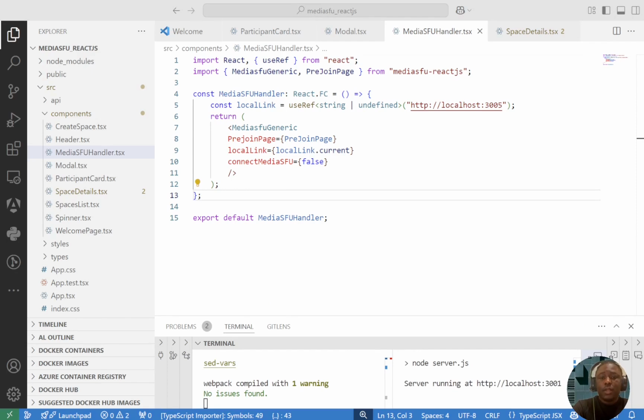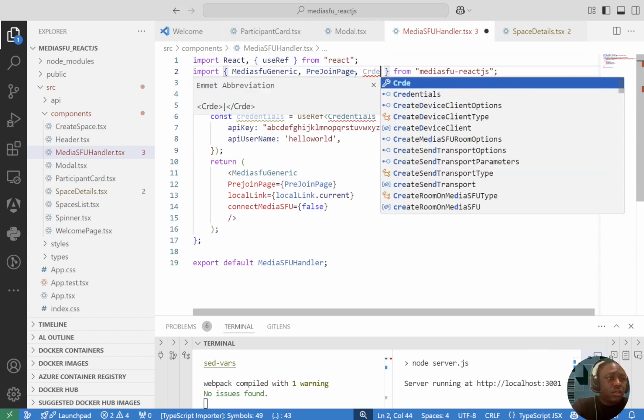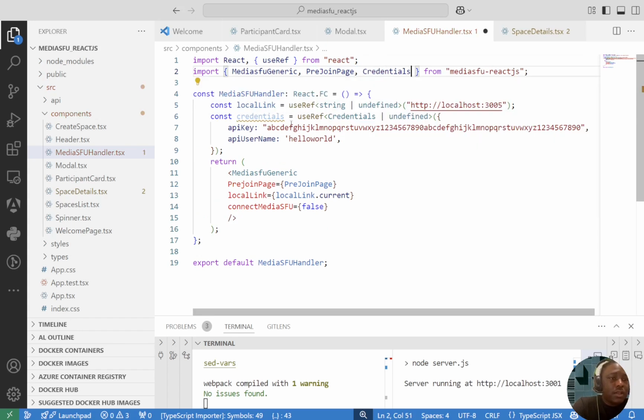It's programmed in a way that whenever you create a room with community edition in combination with the cloud, whatever dummy credentials you pass from here get intercepted by your server, unless of course you make the change. But currently it will get intercepted and it will replace your dummy credentials in the UI here with the actual ones at the backend, for security reasons. So here I'm just going to put in some credentials, and I can get the credentials from the package, and then from here I need to pass the credentials here,